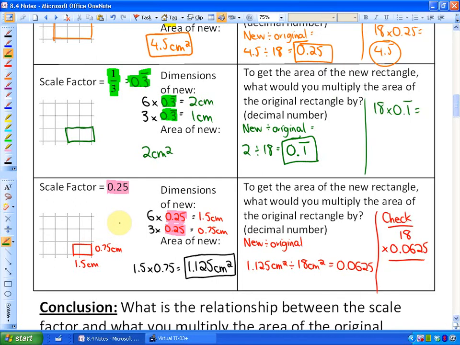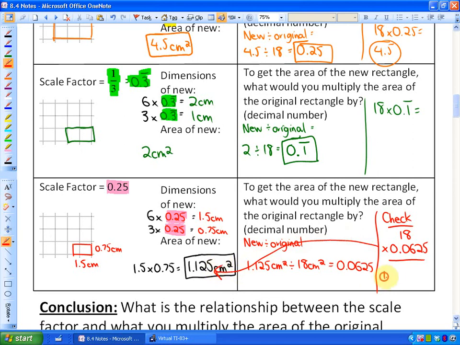Okay, and last question, I've done most of the answer for you just to speed things up. A scale factor of 0.25 would make the dimensions 1.5 by 0.75, the area 1.125, and then you would multiply the original by 0.0625 to get the area of the new one. And you could check it. 18 times 0.0625 will give you